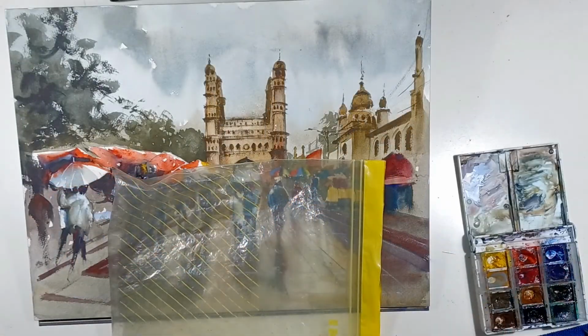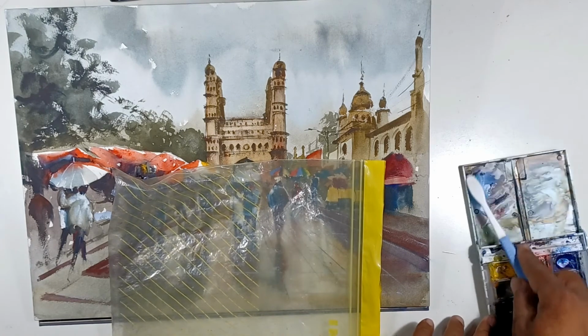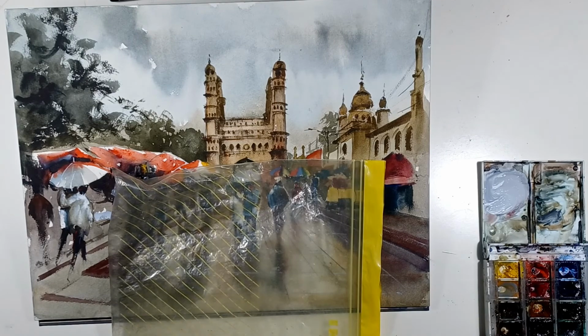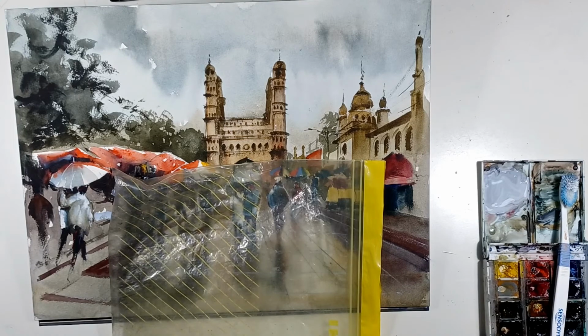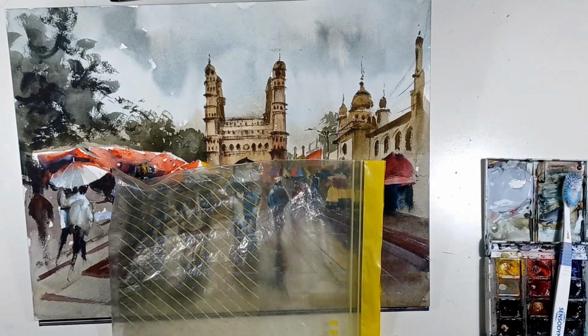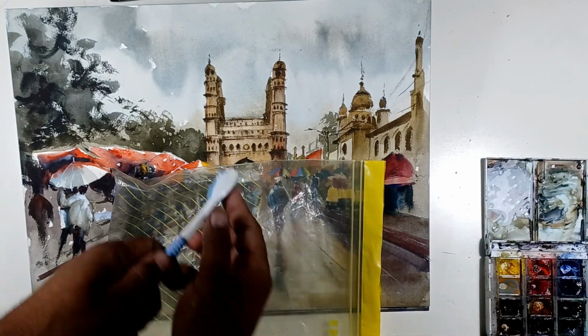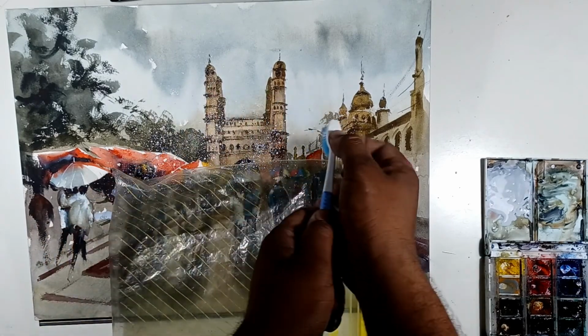Now for the last bit of it, what I will do is I will take a used brush, and I will splatter some color on the background. That is basically to give an effect of rain. And basically in rain what happens is it is not clearly visible. Now if you see this scene, the Charminar is very clearly visible. And so what we will do is we will add in some element of